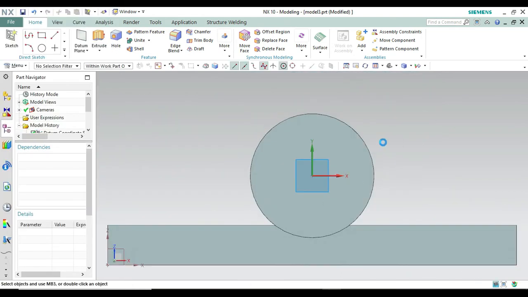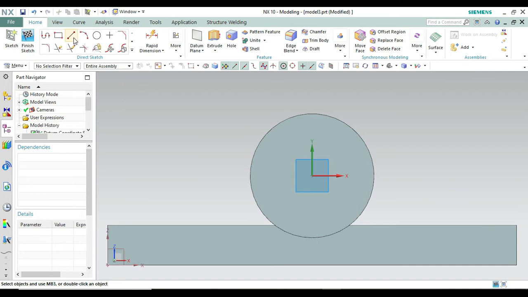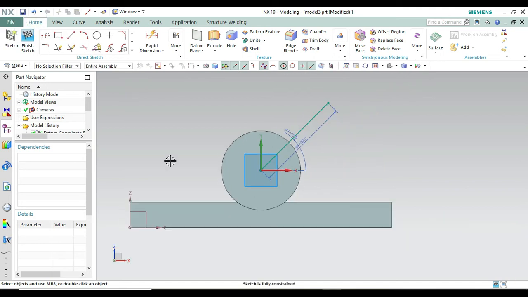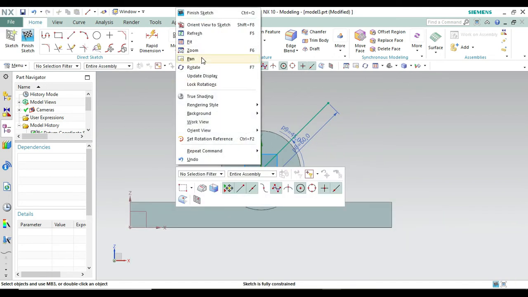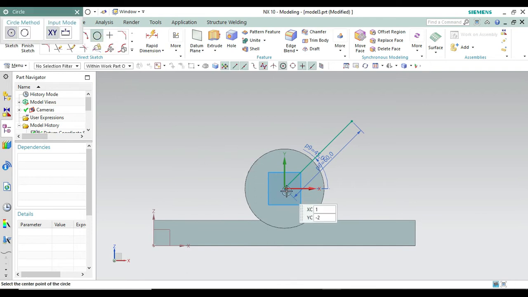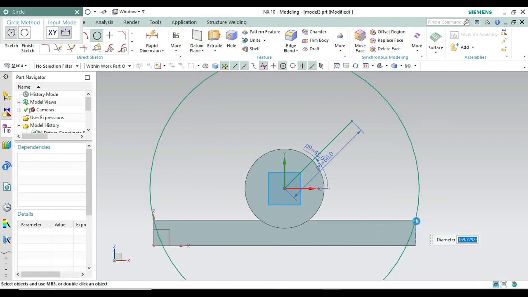Now create a line from this center point, with a length of 60 and an angle of 45. Like this. Now let's pan it and take it closer. Now go to Circle, take this as a point, and make a circle to the end point of this line, the edge of the extrude end point.